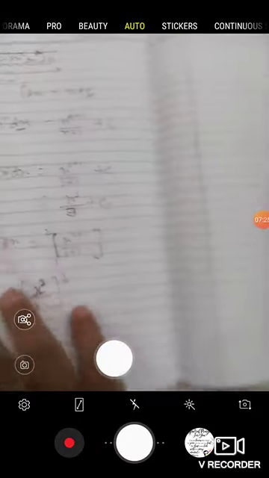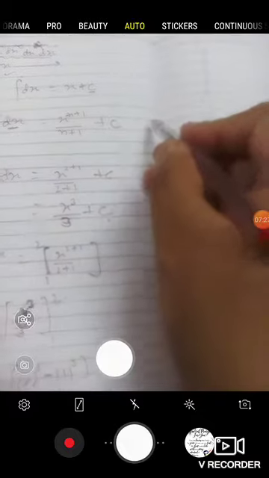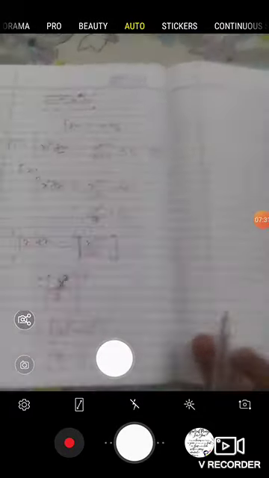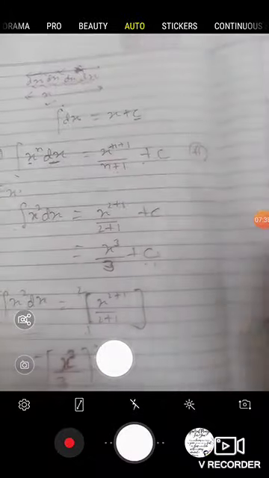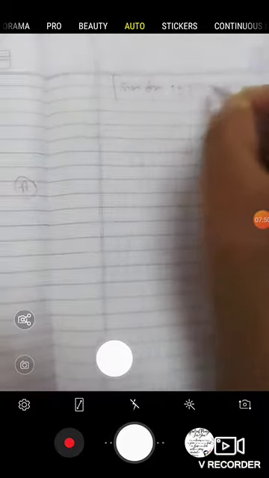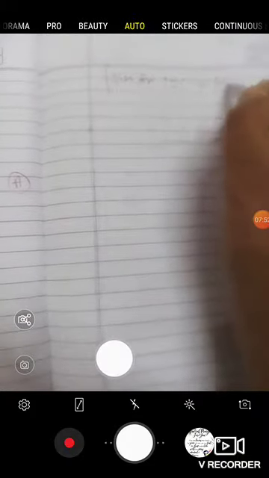Now this we have solved as an arithmetic value. I told you last time also, ILATE: inverse, logarithmic, arithmetic, trigonometric and exponential function. So we have learned how to integrate any arithmetic term. Now we will move to the next part. Suppose I am integrating sin x dx. My answer will be minus cos x plus c, because I have not used a limit here.